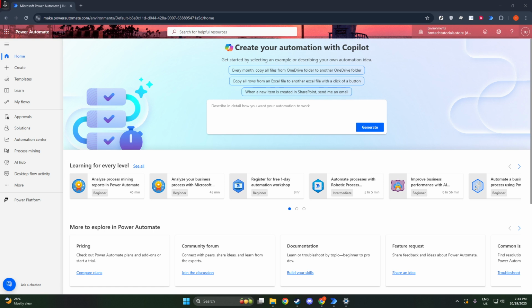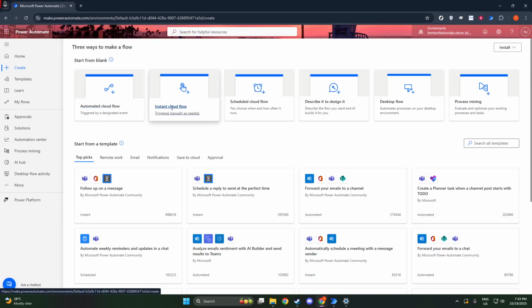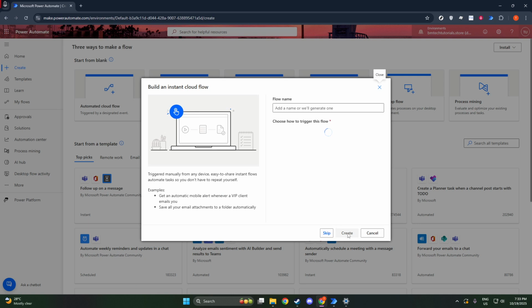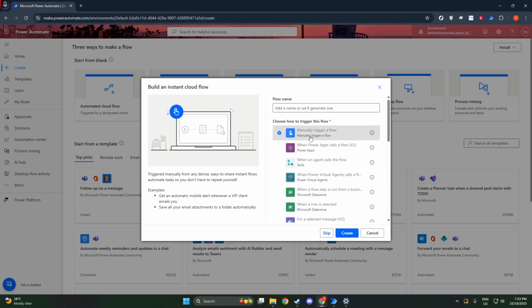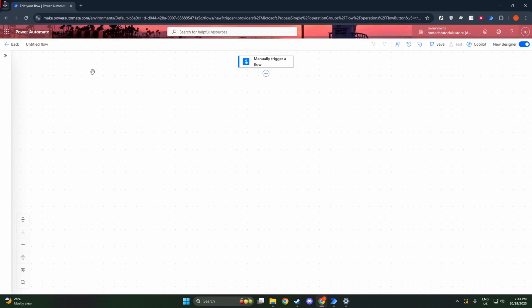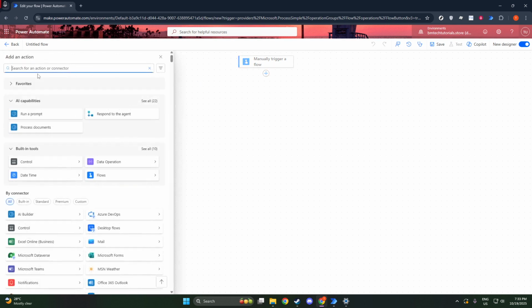Let's dive right in by first adding a compose action to your flow. Compose actions are versatile components within Power Automate that allow you to perform calculations and process data quickly. To get started, ensure you have your flow set up and ready to add actions. Once you're in the Flow editor, locate the Add an Action option and search for Compose. Selecting this will effectively add the Compose action to your flow, which acts as a container for the operation we're